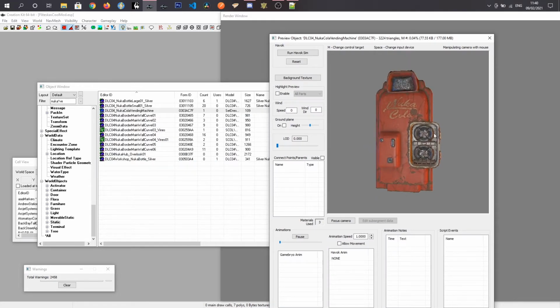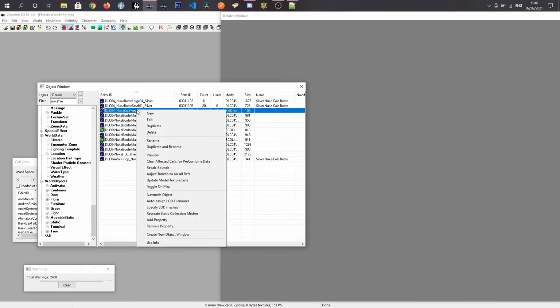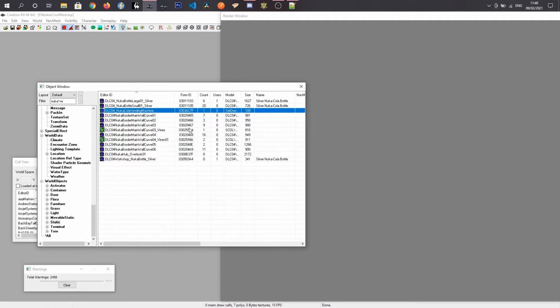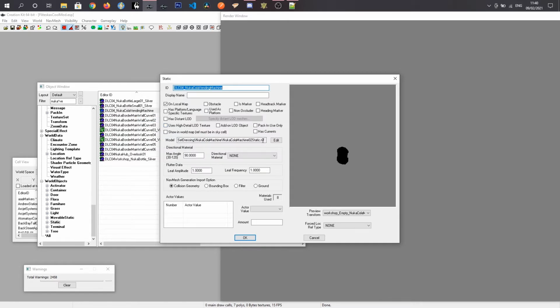So what we're going to do is use this model, and attach a script to it so that we can click on the model in game, and it'll give us a list of items that we can purchase, and it will place them into this little tray. So we're just going to right click on the model, click edit, and I want to find